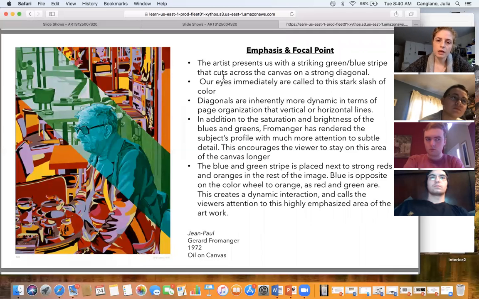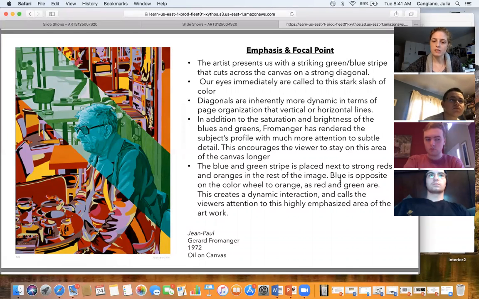But one thing I noticed too was, in addition to all of this brightness happening back here, it seems that the artist has actually really concentrated on those smaller planes and those smaller changes in the subject's face. So when you look at either side of the composition, and I look at the table, I see these large flat areas of color, and it's a little bit more planar. And then when we get to his face, it's much more specific in terms of sectioning off. So I thought that also kept you looking a little bit longer than maybe you would have.